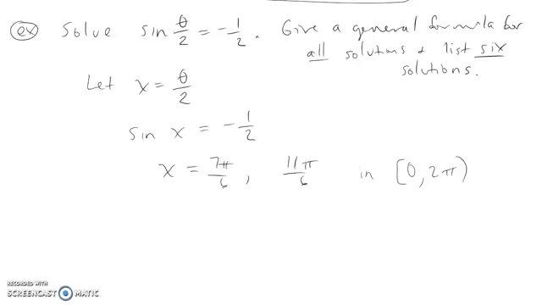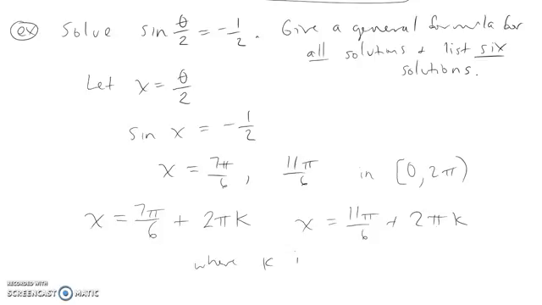But we want more, right? We want every solution. So it turns out that we have to think of angles that are coterminal with these angles. So what is the period of sine? Well, the period of sine is 2 pi. So I'm going to change 7 pi over 6 to 7 pi over 6 plus 2 pi k, and I'm going to turn 11 pi over 6 to 11 pi over 6 plus 2 pi k, where k is